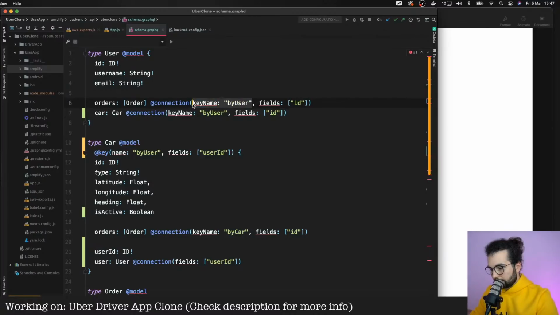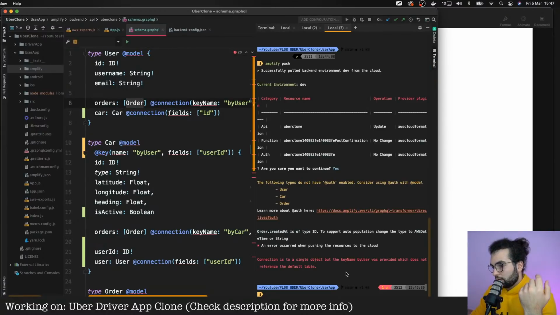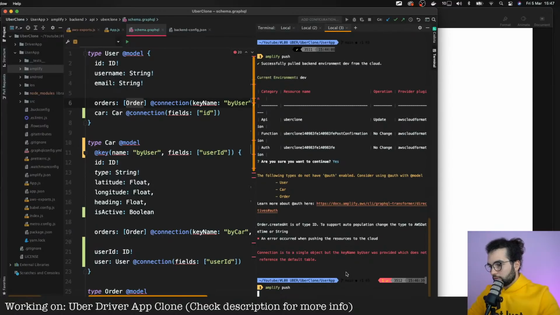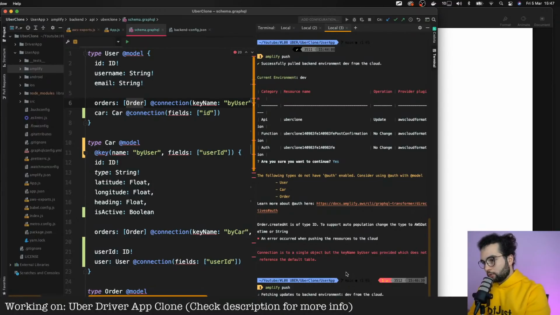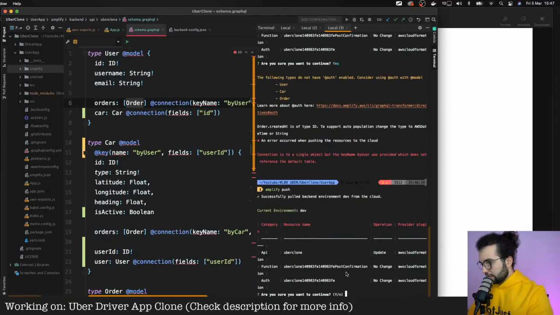I think we don't need a key name because we connect to a single car. Why am I making these mistakes with the car? It's not a many to many. I probably have never worked with a one-to-one relationship, because usually when I have one, I put them in the same table. But here it makes sense to have a one-to-one relationship between users and cars.